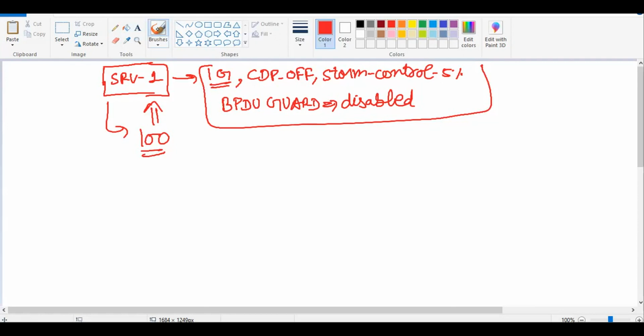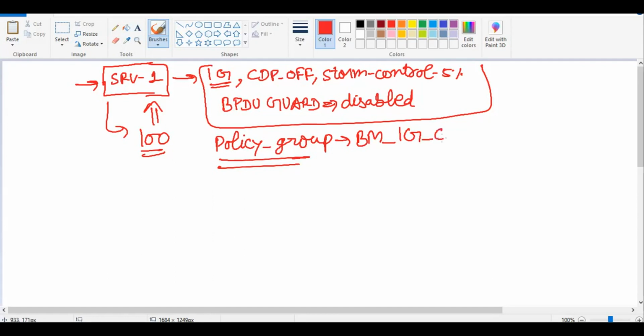But in ACI, what we can do is create a policy group. Policy group we have already discussed, right? We will create a single policy group. Let's say its name is bare metal, as we say in ACI for the physical server. We are considering that these are physical servers. Let's say its name is bare metal 1G CDP off, an interface policy group.